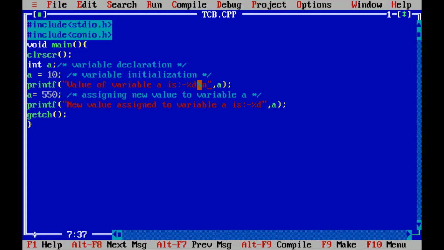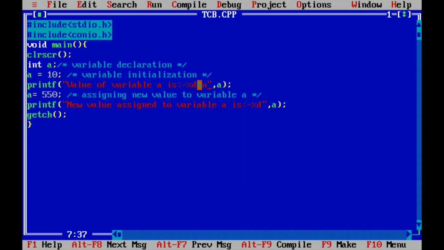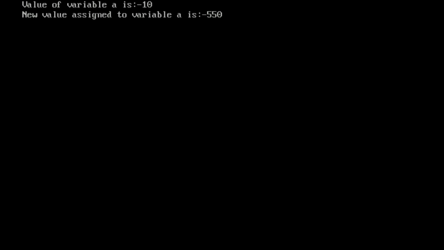Let's check. Again I am saving the code, function F2, function Alt F9 for compilation, and function Control F9 to check the output. Now both printf statements are printing their content in separate line.